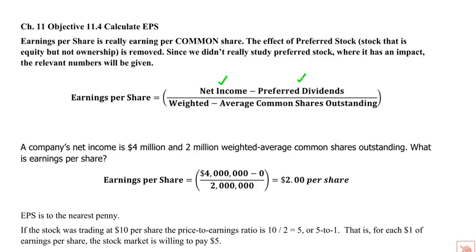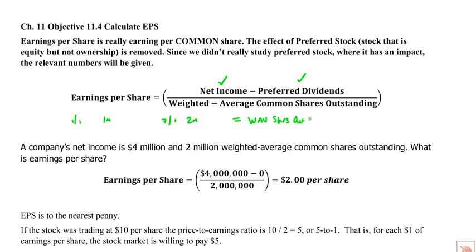Now, we didn't really talk too much about this and how to calculate it. So if there is preferred stock and preferred dividends, you'll be given this number. And then finally, there's this thing called weighted average common shares. We didn't talk about calculating it, so you'll be given that number as well. But it's just a measure of, let's say you started with 1 million shares on January 1, and on July 1 you issued another million, so you had 2 million shares. Then the weighted average shares